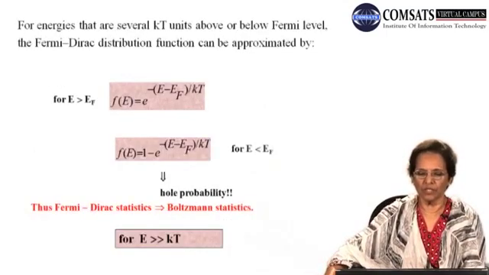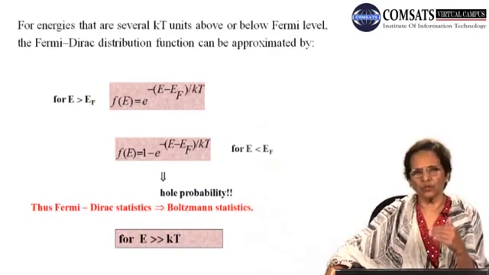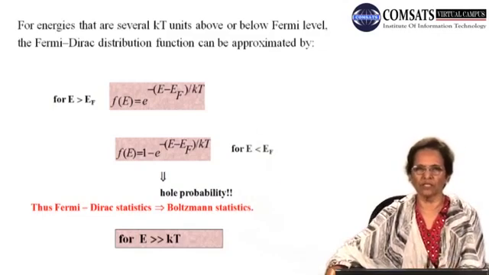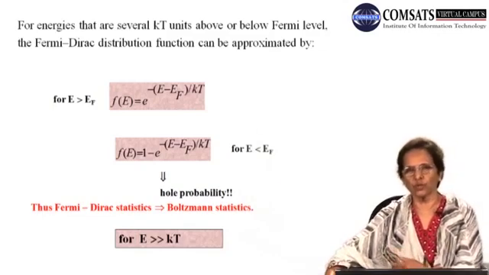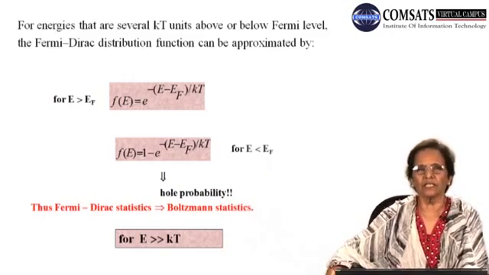If the materials are doped, then we see that for Fermi energies that are several kT units above or below the Fermi level, the Fermi-Dirac distribution function can be approximated by this. We have tried to slightly approximate the Fermi-Dirac distribution function, which I showed you in the previous slide,